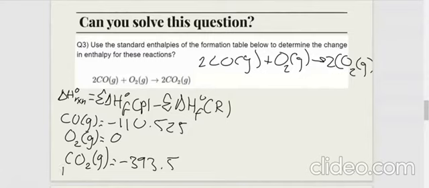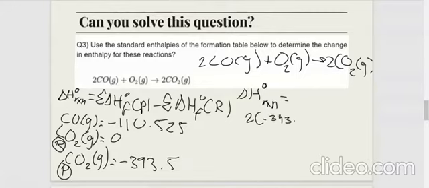Okay, this is the product, and these are the reactants. So delta H Rxn equals the total delta H of the product, which is 2 times negative 393.5,